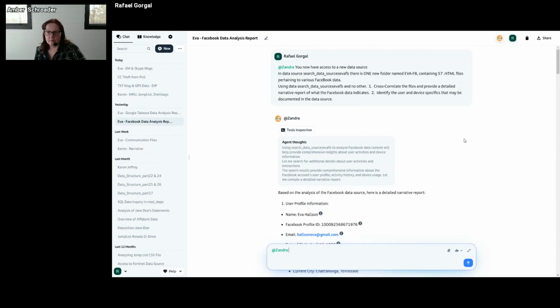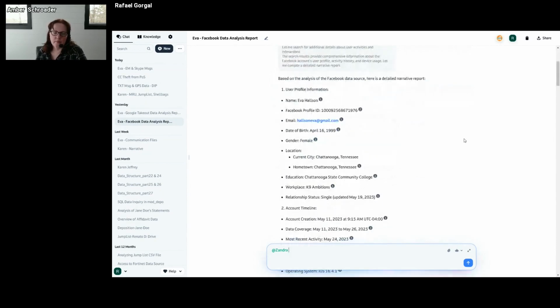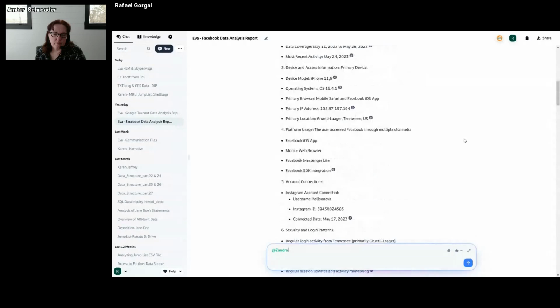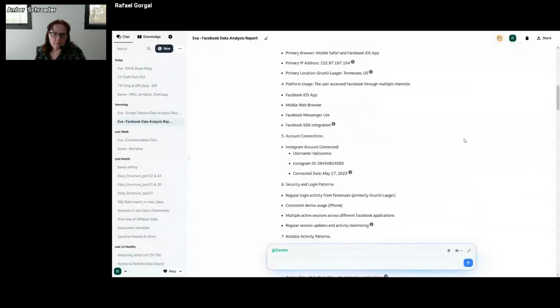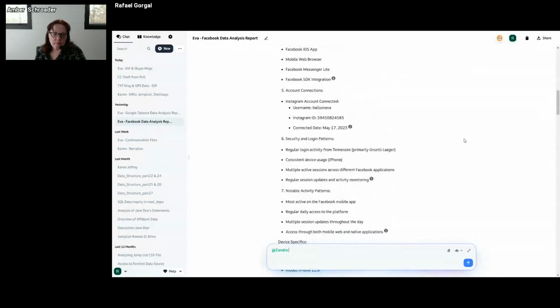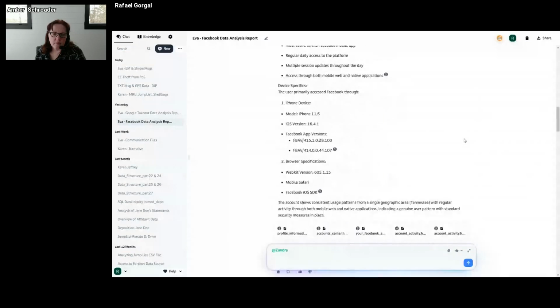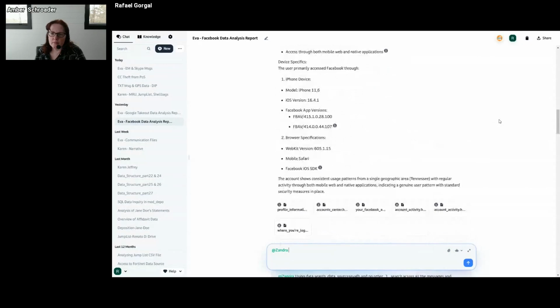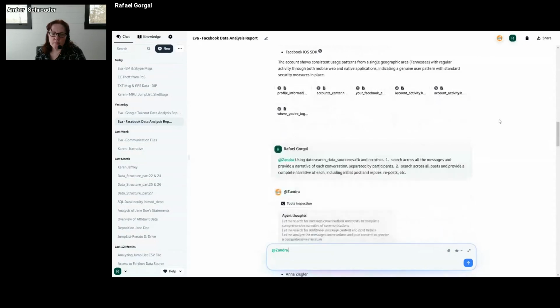And so what it did was go through and analyze all the Facebook data, all of the connected users, login activity, what kind of device it's loaded on, browser specifications. And then the further prompt was to search across all the messages and provide a narrative of each conversation, and then search across all the posts and provide a complete narrative including posts, replies, et cetera.